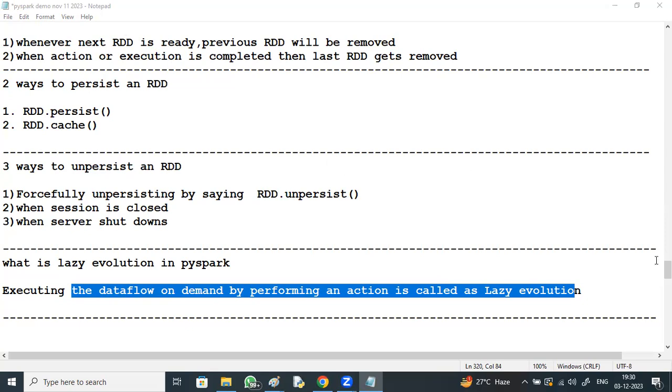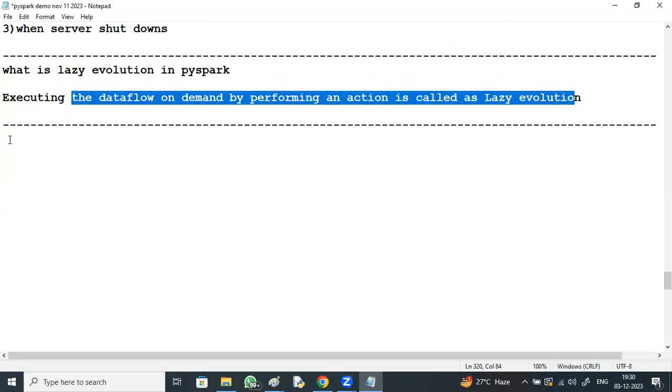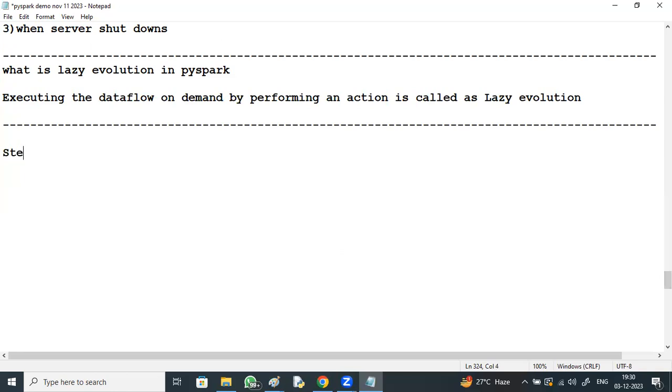Clearly, I'll just show you the steps. Steps in RDD computation. Observe this. Up till now, these are the steps we have discussed.